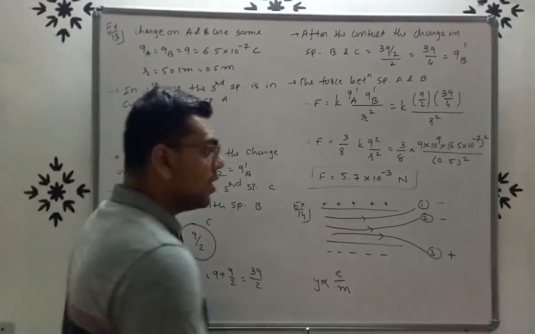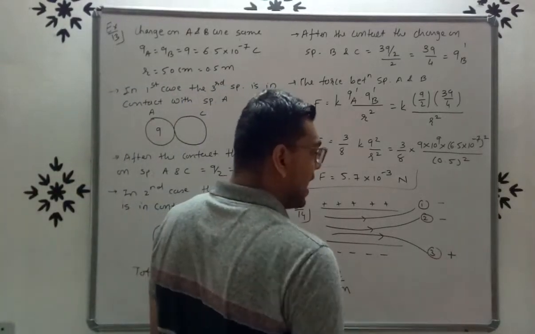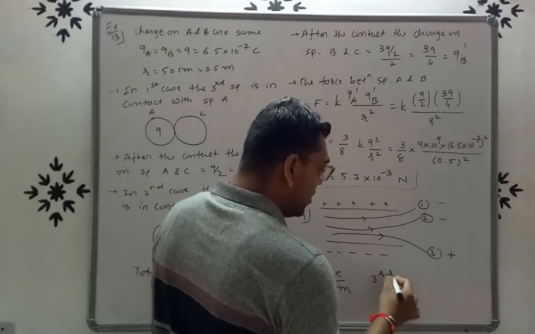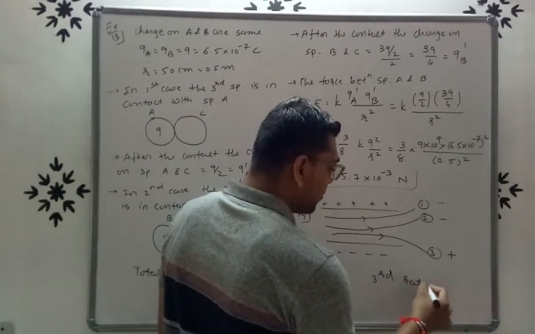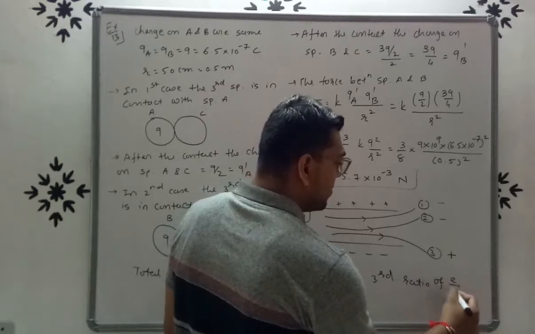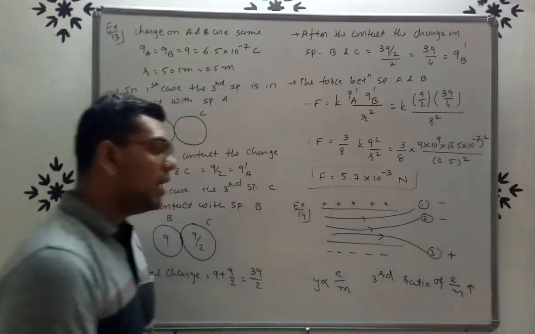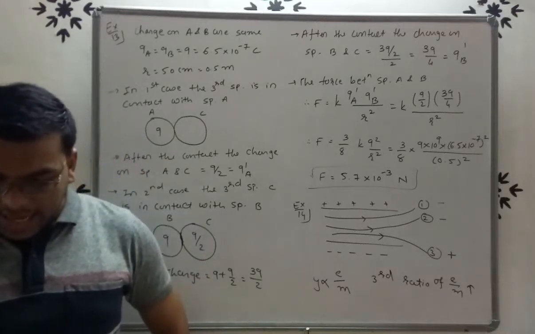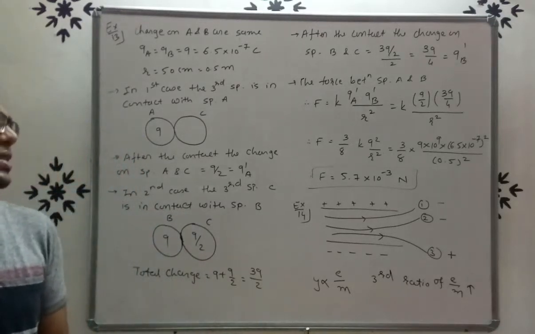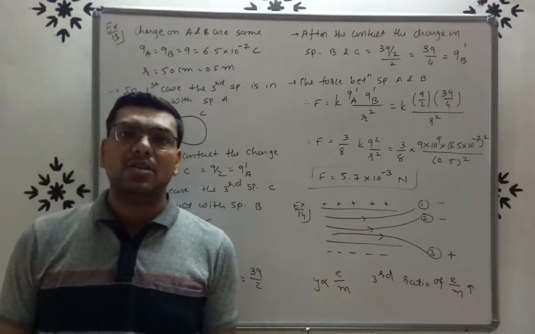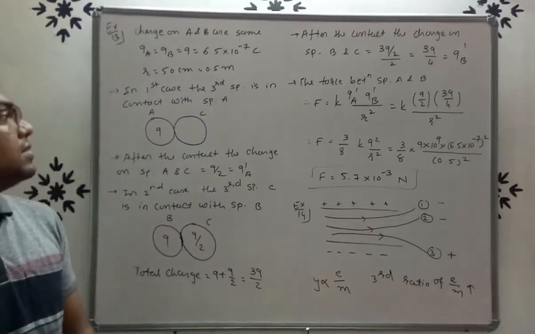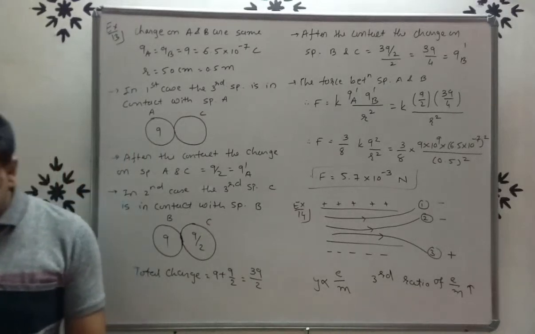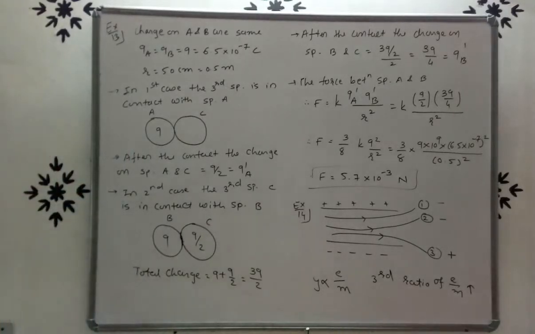So here for the third charge, the third one is positive. So for the third one, the ratio of e by m is higher. Right, so we can say that the third particle has the highest charge to mass ratio. Right, so these are examples 13 and 14. Now we will move forward to our next examples.